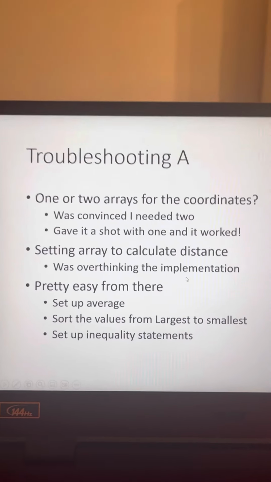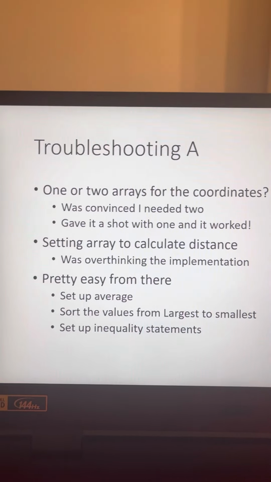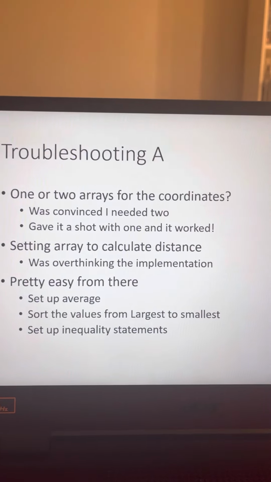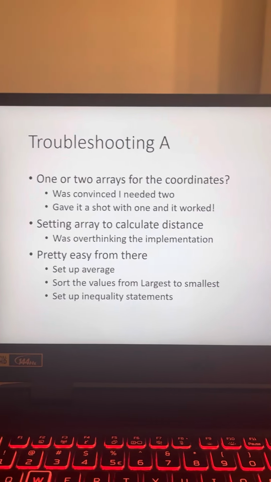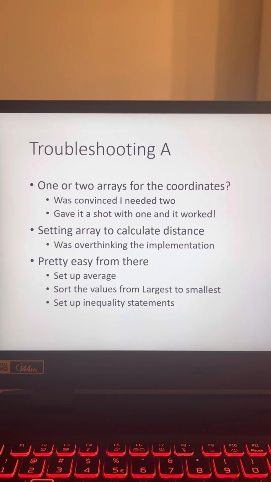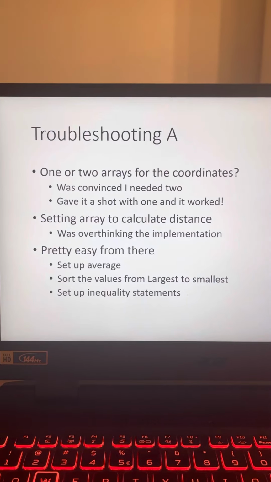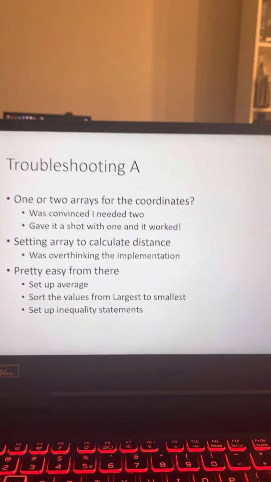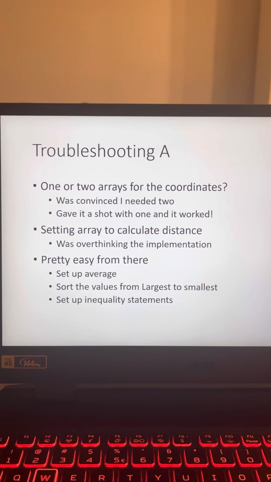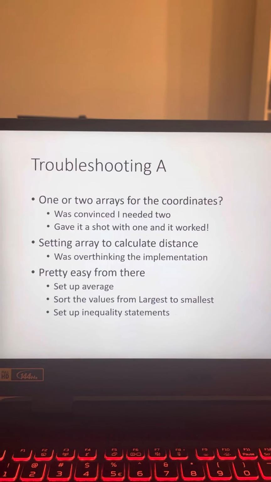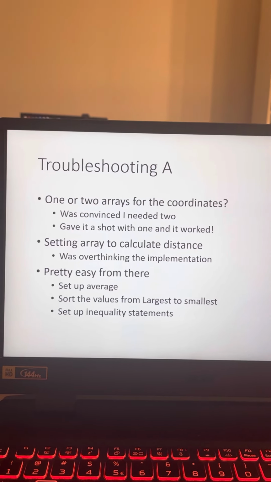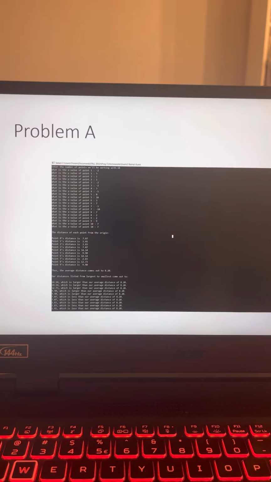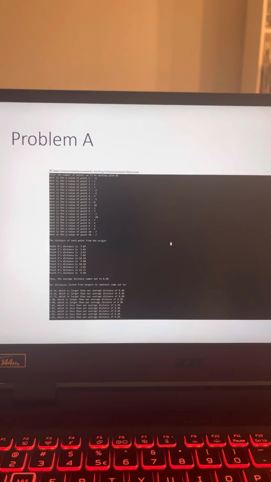My biggest issues were with, naturally, we were putting in a certain number of points. Sorry, I'm going to stop switching between each slide. That's kind of visually jarring. So you're giving a certain number of points, but each point represents 2 coordinates, right? So I'm doing hand gestures, but they're out of frame. But what I realized was that the compiler just took it with one array and it all worked out. I ran it, and